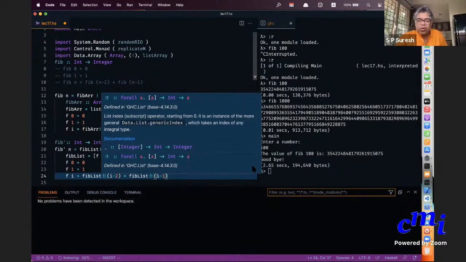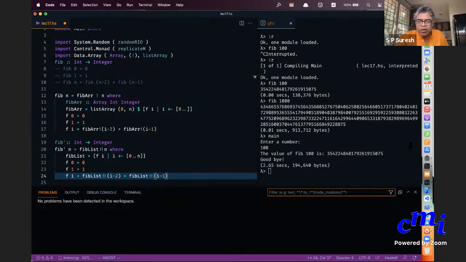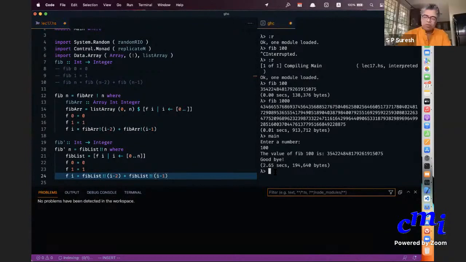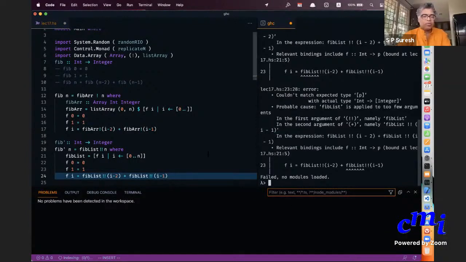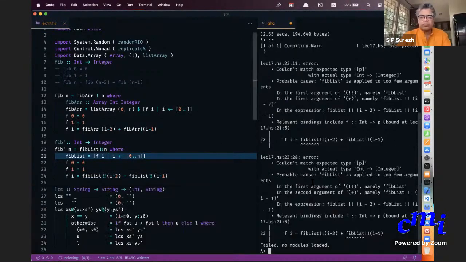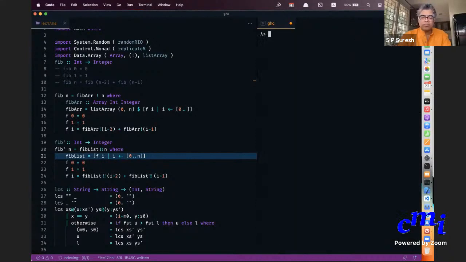Okay, so who's the original questioner? Romit. Yes. You are here, right? Let's see the difference now in performance. Okay, so that's been loaded.